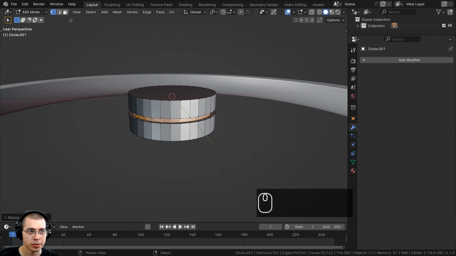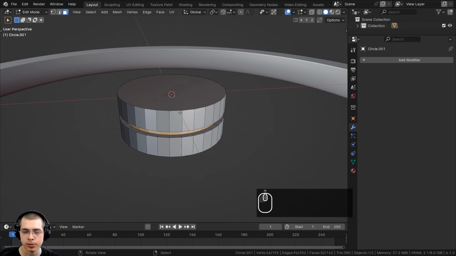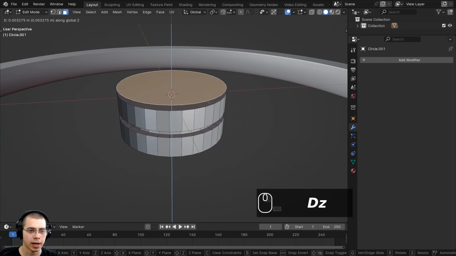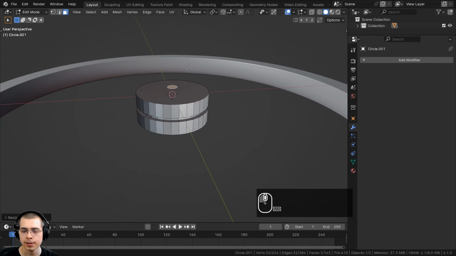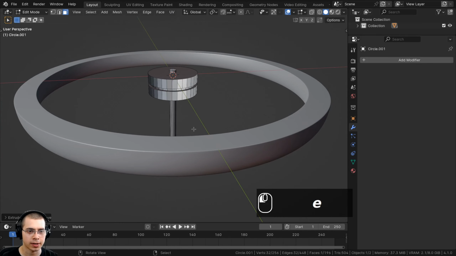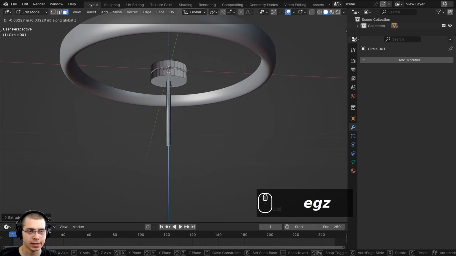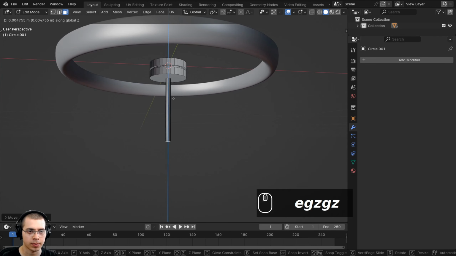and then click to place that. Then I'm also going to go to the face select, and then I'm going to select this top face, and I'll duplicate it and move it up on the Z axis, and I can scale it way down like that. And then I can extrude the entire thing down, and we're going to make a cylinder which is going through that piece all the way to the bottom.